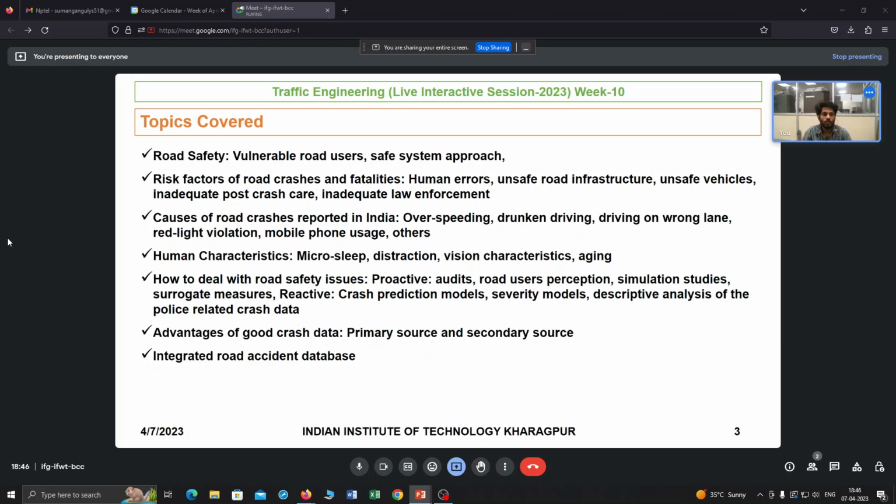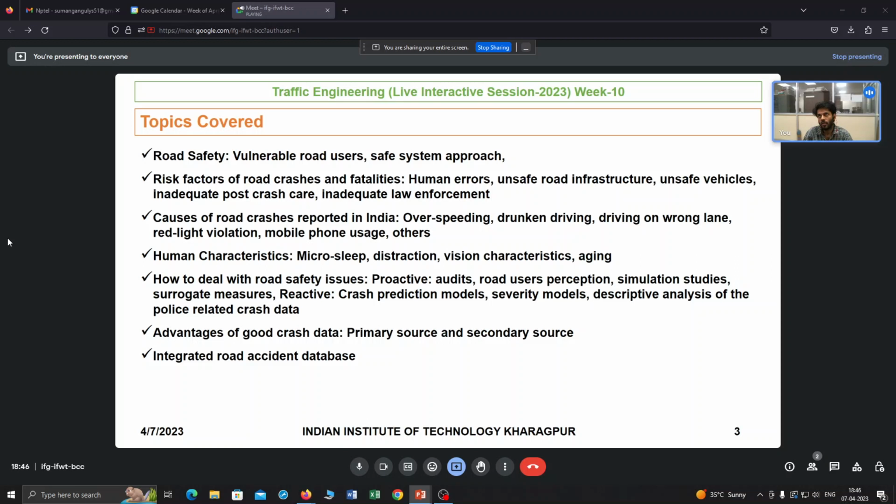If you remember your week 1 interactive session as well as your week 1 material of this traffic engineering course lectures, there were two objectives in traffic engineering. The primary objective is to provide safe travel to the commuters. So this safety comes from this. Because road safety is the primary objective in traffic engineering, we have to look at it in a separate way, right?